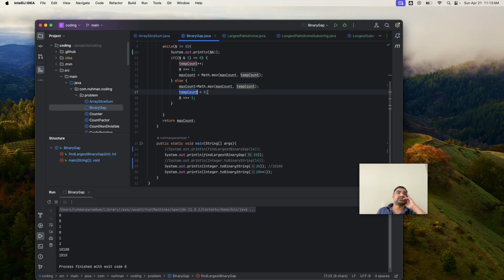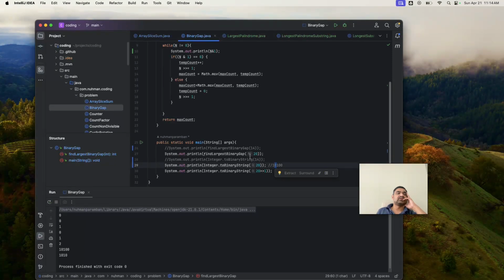We are changing into temporary count 0. So temporary count 0 and max count, temporary count. First I will change the max one, and whenever I am getting the 1, the temporary count is going to be 0. So that's the way this algorithm works. So the first understanding is, in this case, I need to get the 1. So what we are actually getting here,